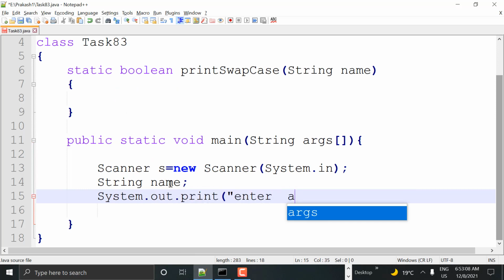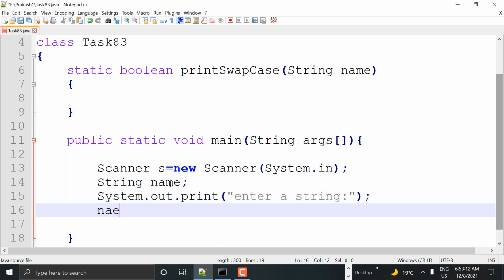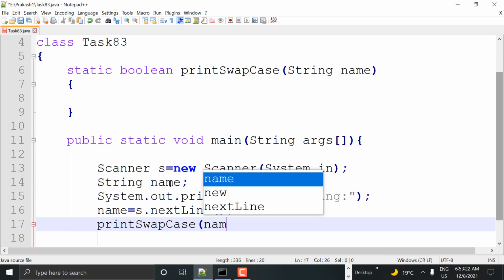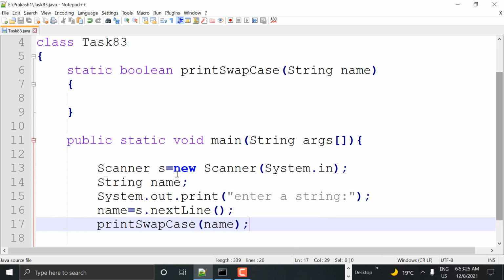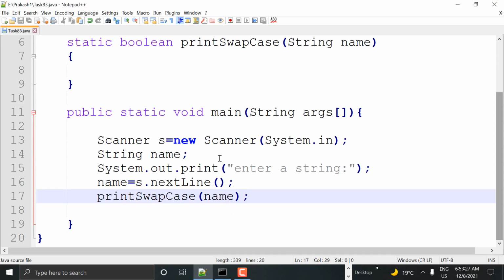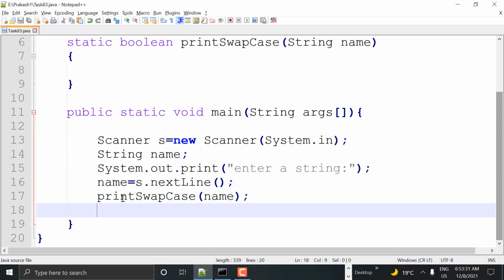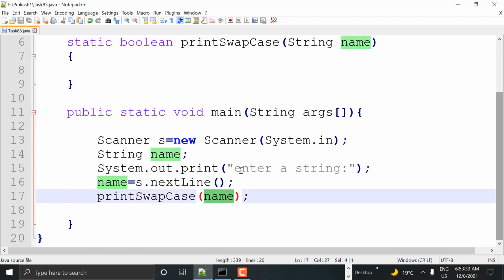The user will enter a string that I'm reading into name, so name is equal to s.nextLine(). The string is ready. We are simply calling the printSwapCase function, and in that I'm passing the string which is read from the user. Save it, guys. So we have read a string into the name variable, and we are calling printSwapCase where we are passing name as a parameter.